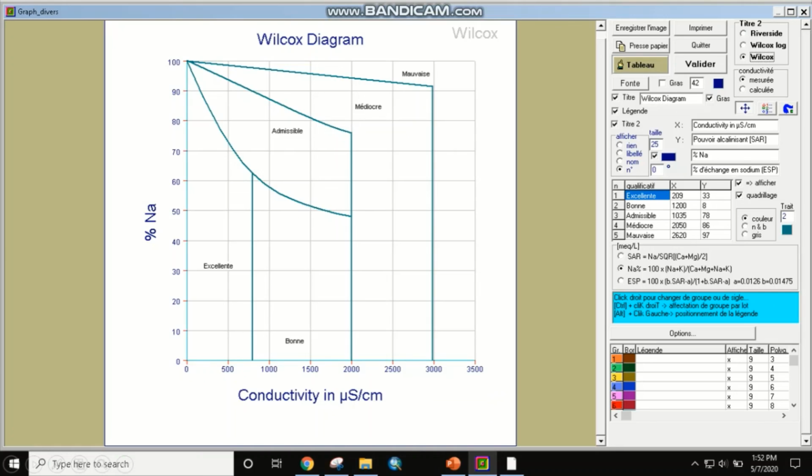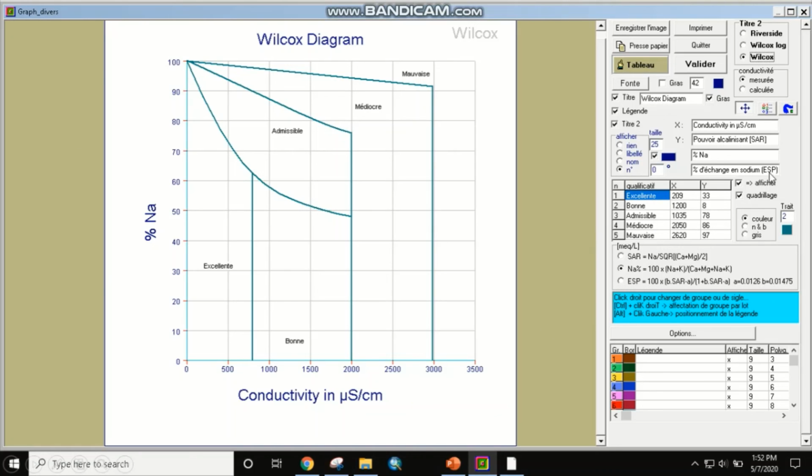So if you see here, the tableau is given in French. All the things are written in French language, but I have modified conductivity over here. Then if you see here, it is written in French language. So you have to modify it by retyping it. So here if you see, excellent is given over here, then bon is a French word. So we have to change it. So here we can change bon. Admissible we can change. All these things we can change through this option.